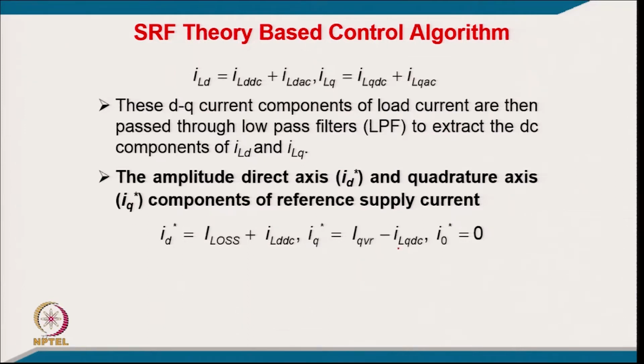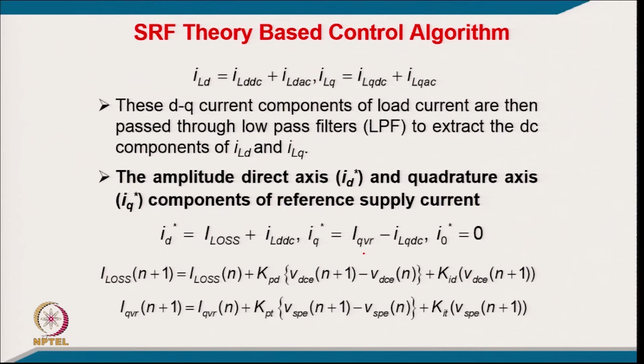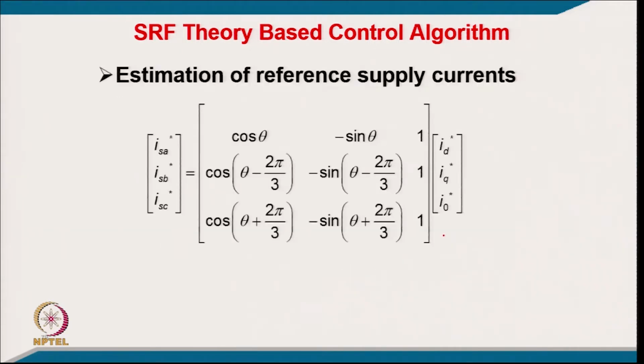And for the reactive component, of course, the shunt filter has to generate the reactive power minus the load which is supplied locally; that goes to the grid, and zero sequence in the grid will be 0. And then the loss component, that is the loss component which is used here, is calculated by a PI controller. Similarly, the reactive component also uses a PI controller on the PCC peak voltage; that is another PI controller to regulate the voltage at PCC. And then we calculate from this Id, Iq, I0 the grid reference current, and we sense